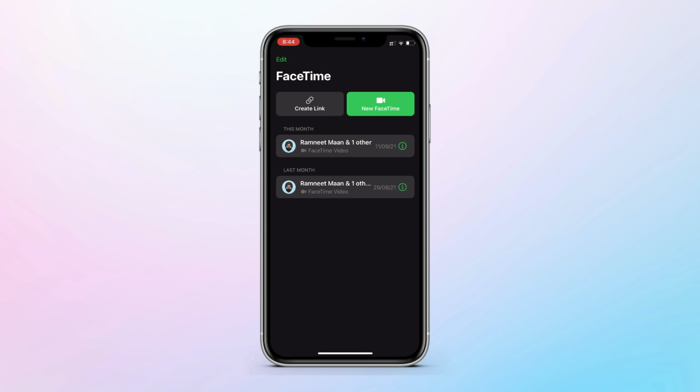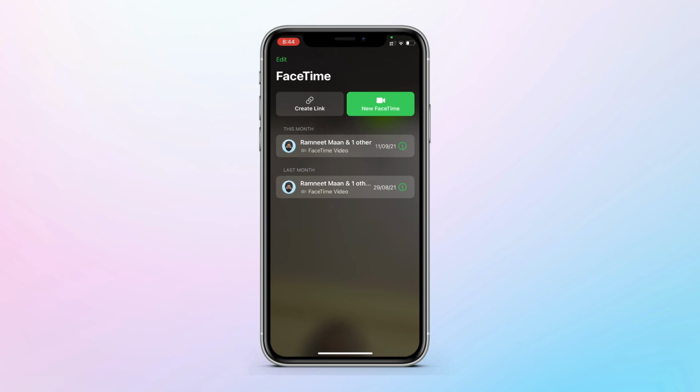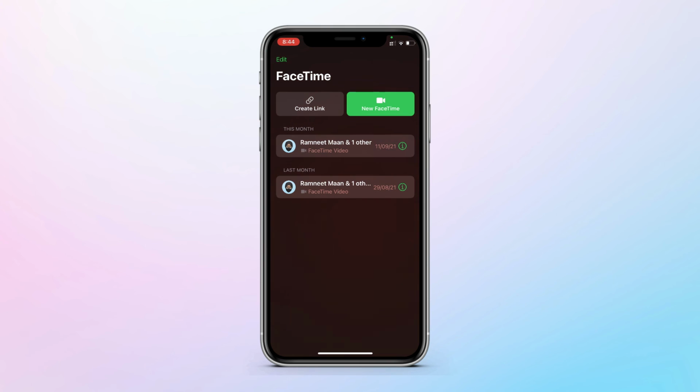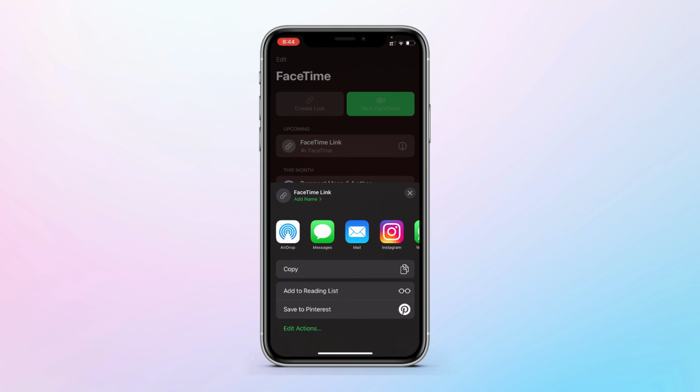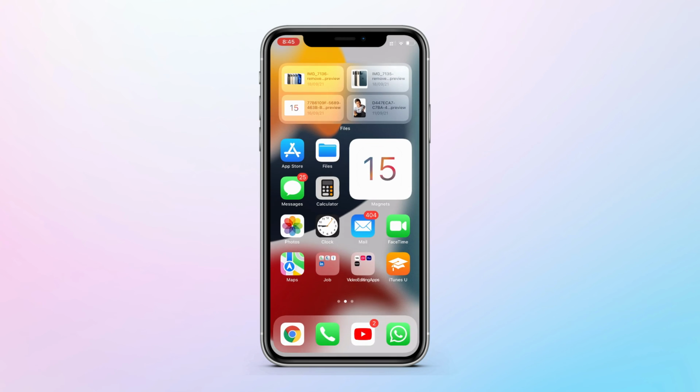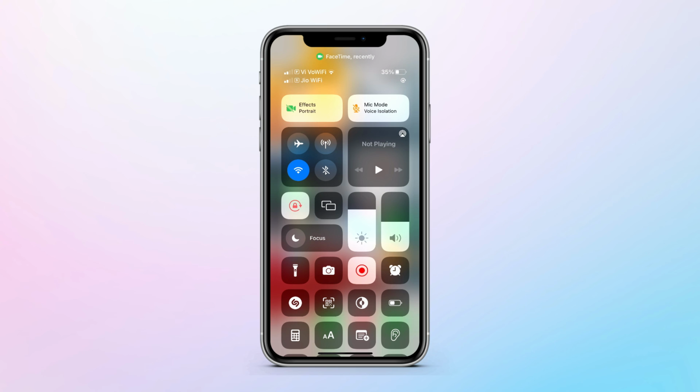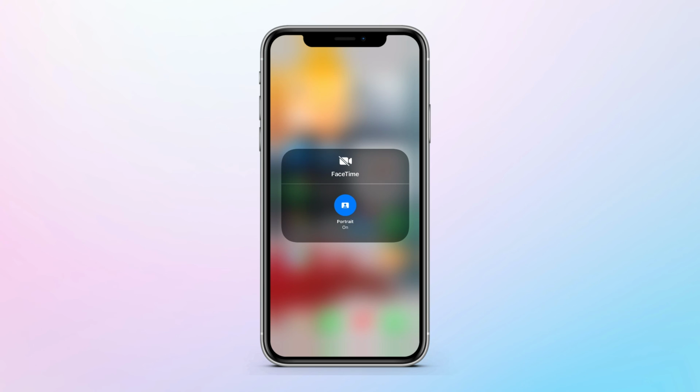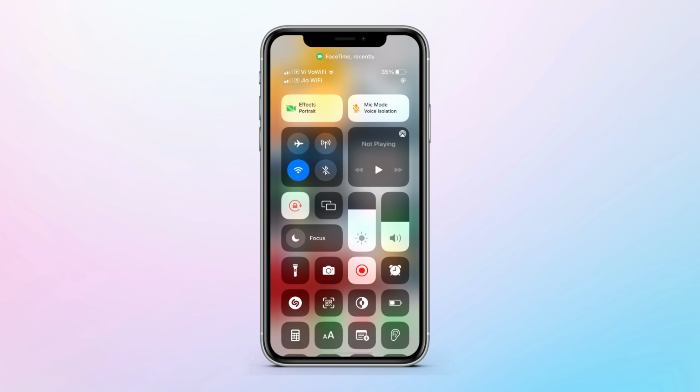Another big update is about FaceTime features. Now you can create links and share that link with your friends and family, and even an Android or Windows user, so they can join the FaceTime call even if they don't own an Apple device. Also in Control Center, FaceTime now has two additional options. We have video effects, which allows you to use portrait mode for a FaceTime call, and then you have the microphone modes.